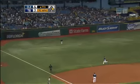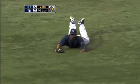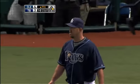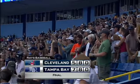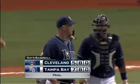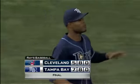And a fly ball into left. Here comes Crawford. He got it. And the Rays win it. Fly ball to left and a little diving catch for Carl Crawford. The Rays win this one 7-5. And they take 3